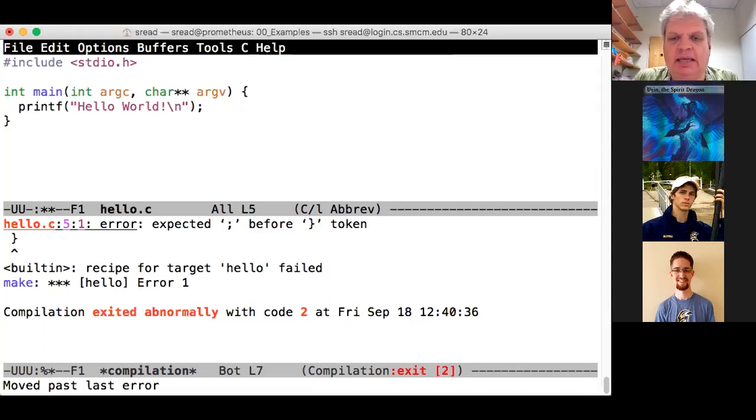Does that explain how to compile programs and run programs in Emacs? Would you go through the process of running the program one more time? Yep, Simon. Meta X,